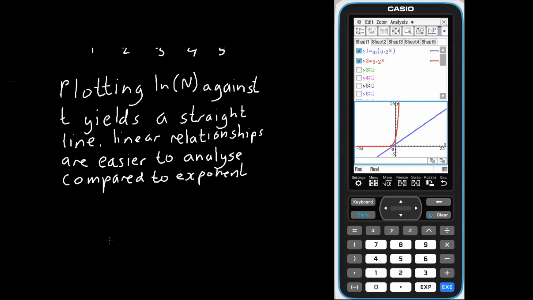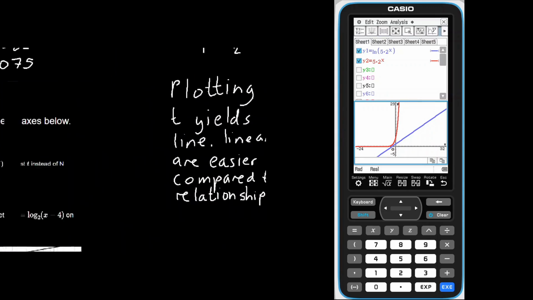So compared to exponential relationships. Cool, that's your 2 marks. So 1 mark to say that it is linear. The other one says that linear is easier than exponential. Okay, now that you've done that,